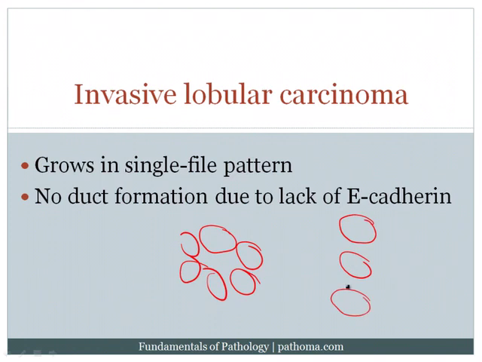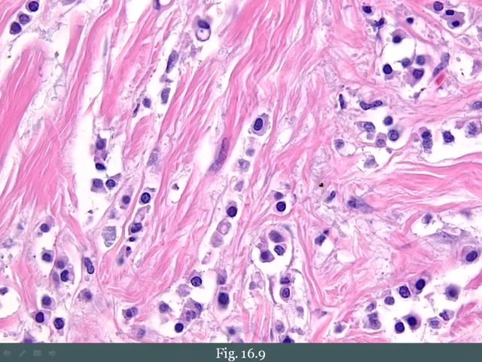The reason why this occurs is because the tumor cells lack E-cadherin. Remember that E-cadherin is a cellular adhesion molecule that allows cells to stick together. So that would then allow those cells to make ducts. However, in the case of invasive lobular carcinoma, there is no E-cadherin. Therefore, the cells invade singly, quote-unquote, in a classical single-file pattern. And that's super high yield to know why: E-cadherin mutations. Here's a classic picture, and you can see that there's these tumor cells which are invading singly in a single-file pattern and not really producing ductal structures.